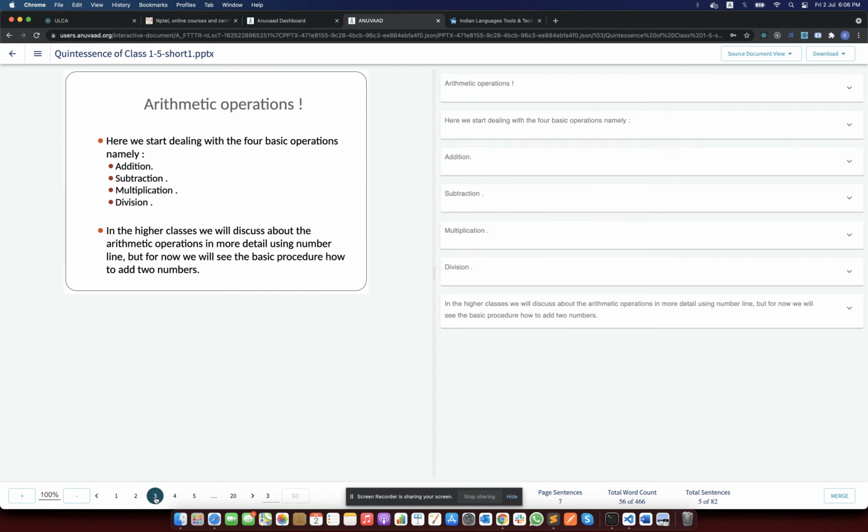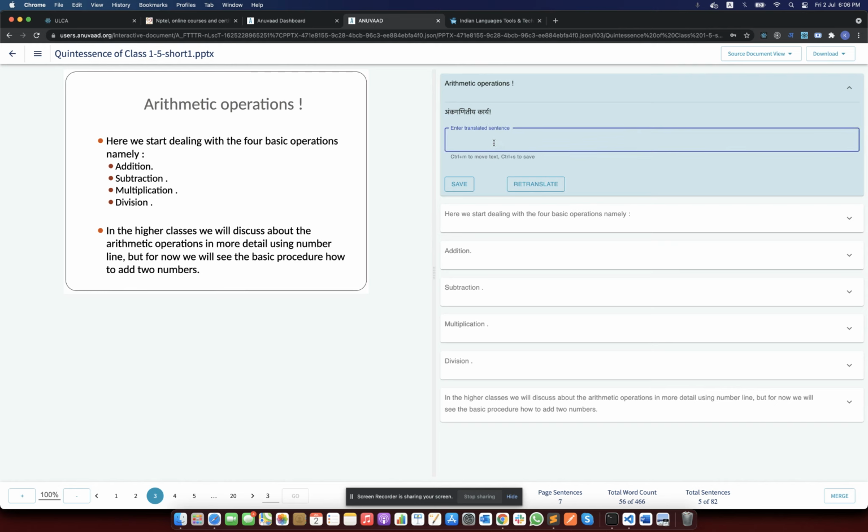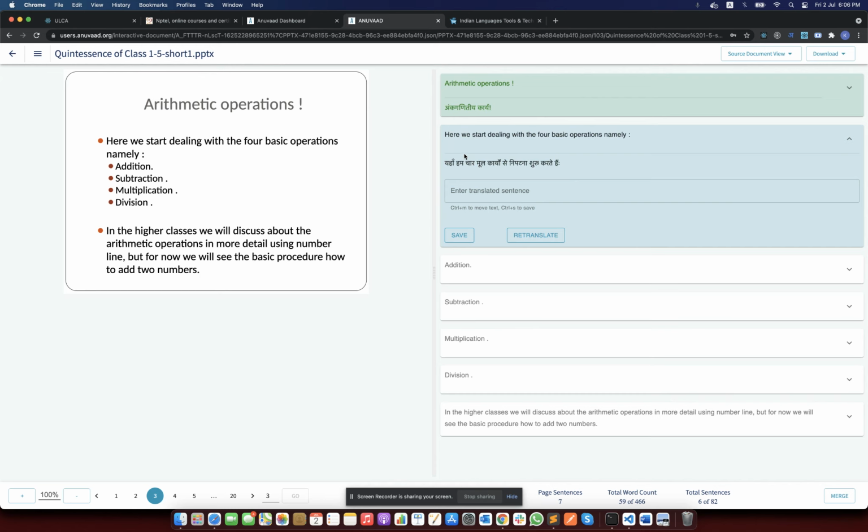So I'll keep walking through the slides, and I'll keep changing the sentences. Mostly, it's like proofreading work, and hardly does a translator have to intervene because the translation accuracies are pretty high.